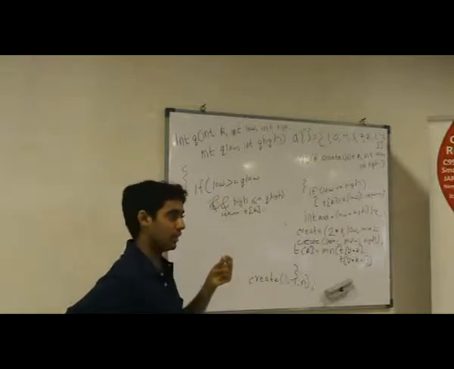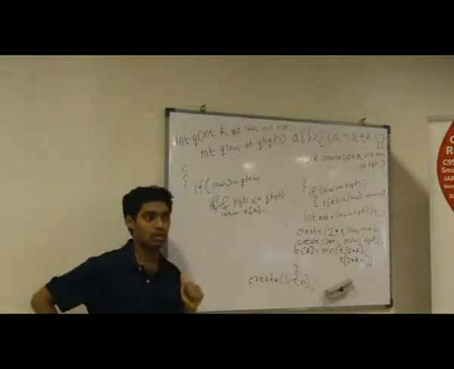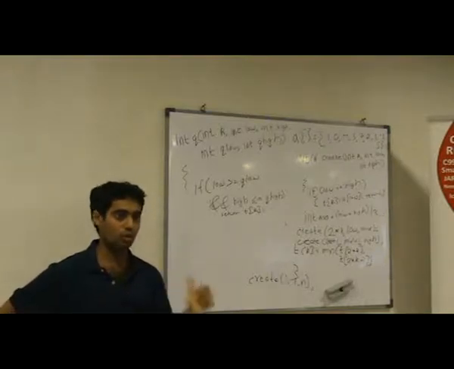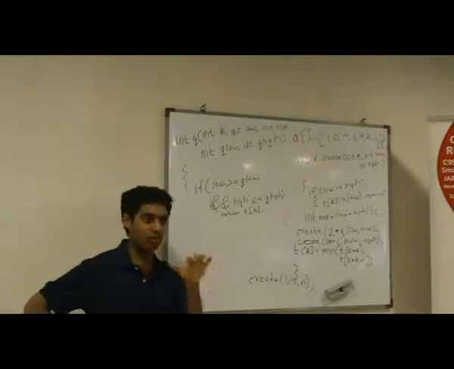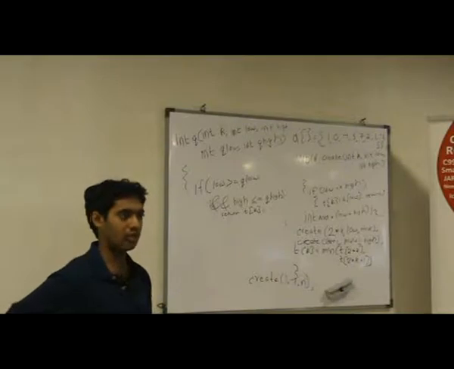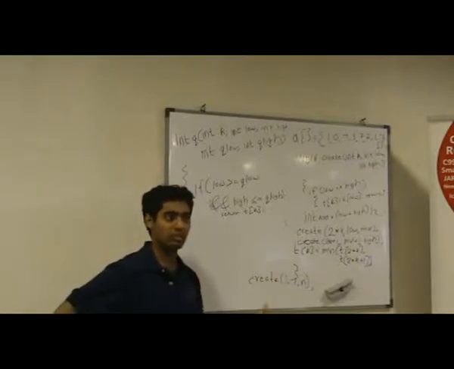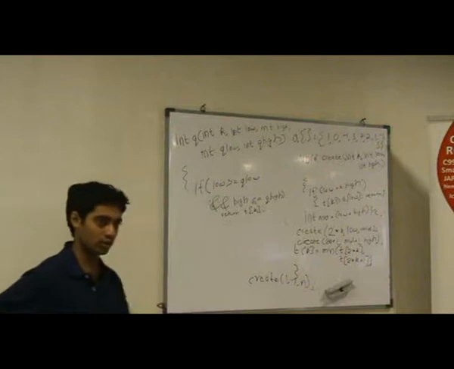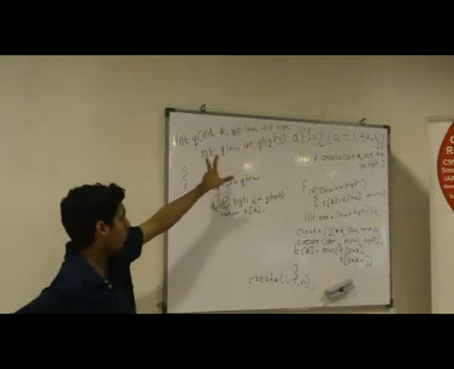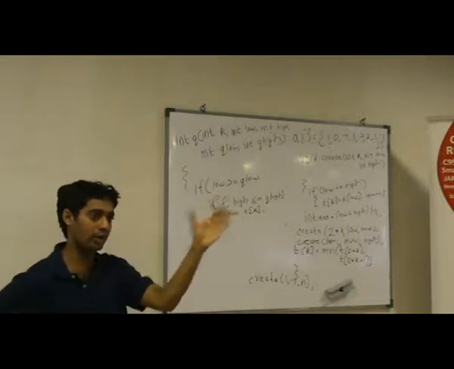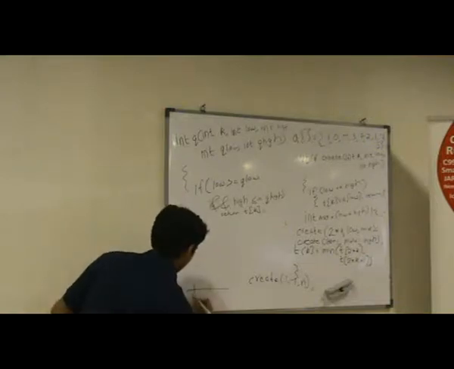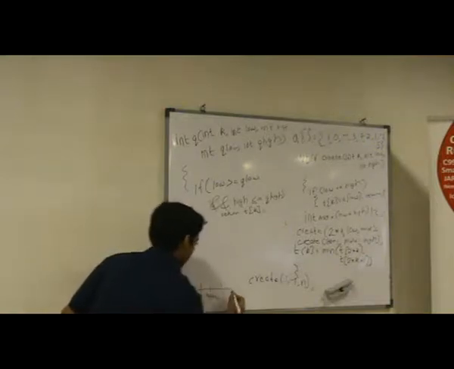Now another simple case is when there is no intersection of the ranges. Say you're querying the range 5 to 7 and the tree node stores 2 till 4. In that case you never want any value to be selected from this range, so you just return some big value, which signifies don't consider this in the final answer. So return some big value if there is no intersection. There are two cases when there cannot be any intersection. One is when your low to high range ends before q low and q high begins. It's always going to be like this on the number line: you will have low, high, and you will have